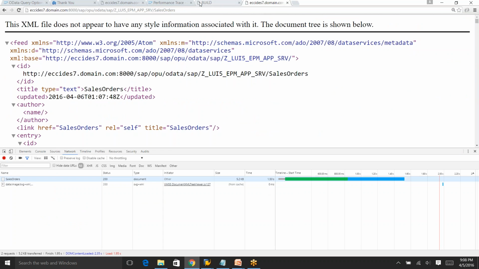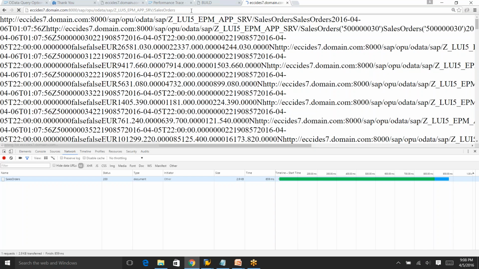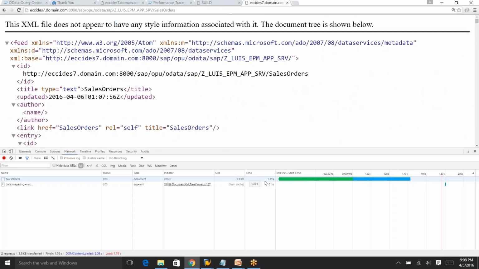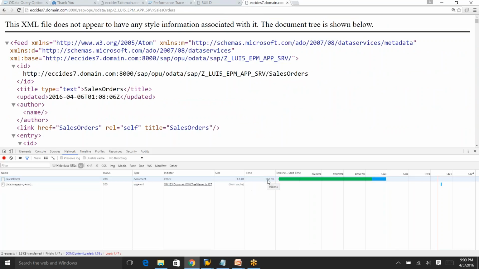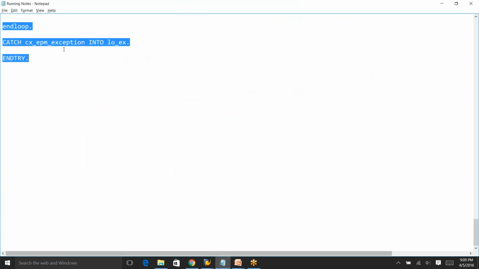So it is 1.5 seconds now. So it is 1.39. So if you see the time difference, right? Anywhere it starts from less than 1 second to 1.2, 1.3, 968 milliseconds. So it gives us,